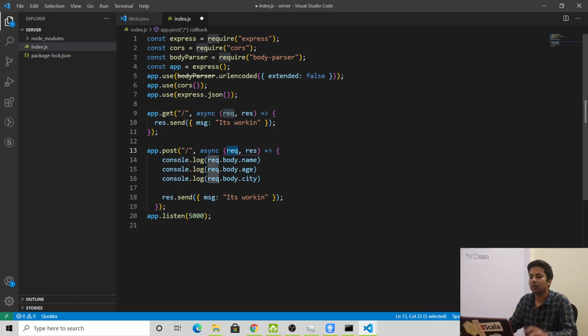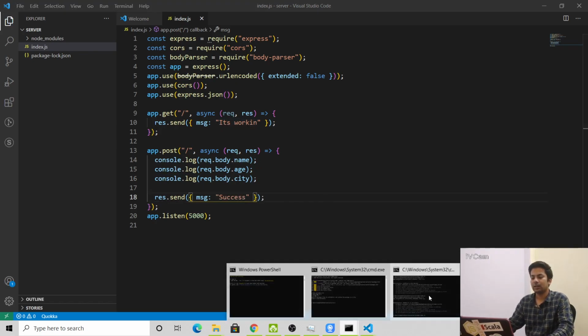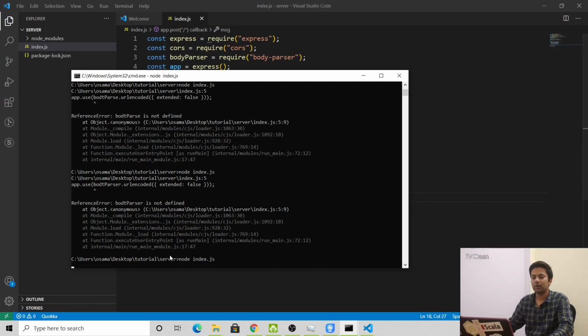It will print request.body.name, then age, then city, and return back, let's say, success. We'll see it printed here in the console.